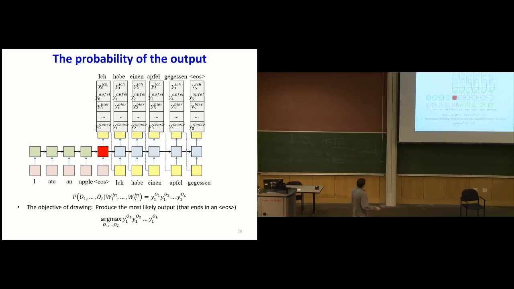Now, when I choose a particular sequence of words, what exactly am I choosing? Let's say I chose the words O1 through OL. Then in the process, I have chosen the sequence of probabilities. If Y represents the output of the network at each time, the corresponding probabilities are going to be Y1 O1 times Y1